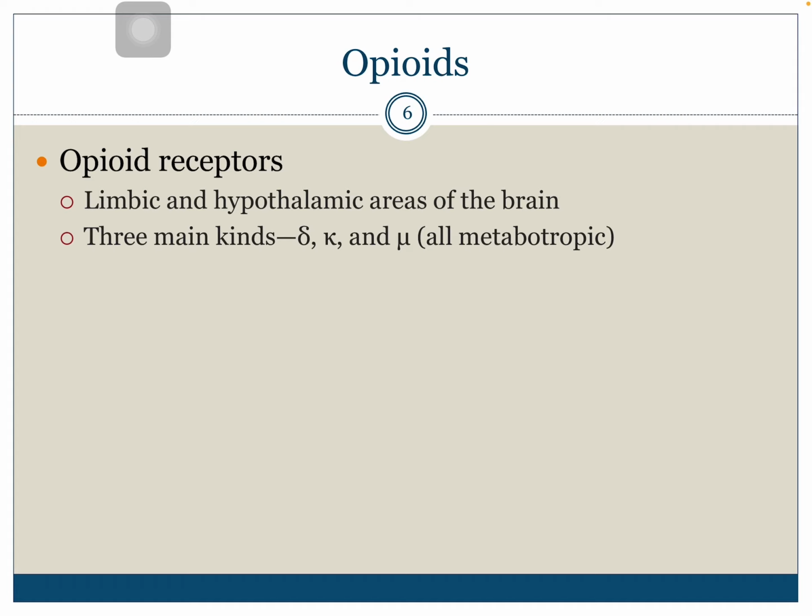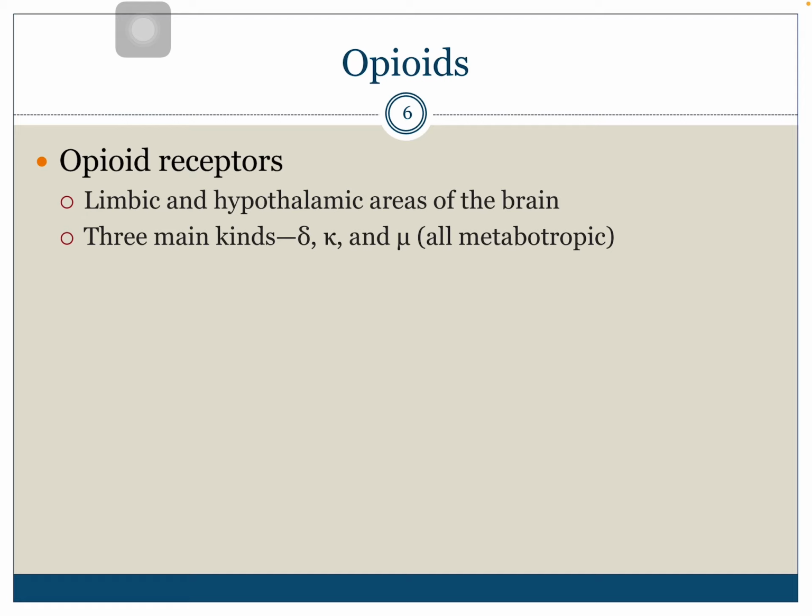So we do have opioid receptors, and these receptors are specifically in our brain in the limbic area, so like your limbic system. It's also in your hypothalamus, in the areas that are projected from your hypothalamic areas. And this is also really important, because the hypothalamus helps control a lot of things and does work with body temperature and appetite and all that as well.